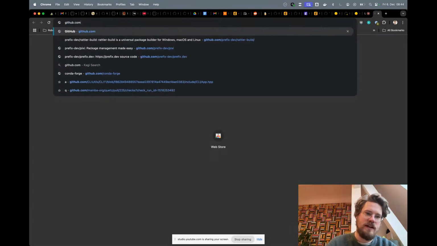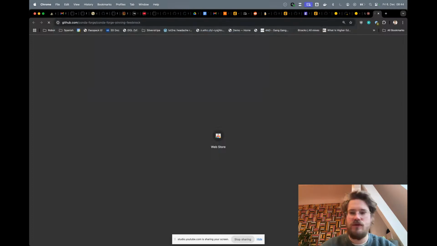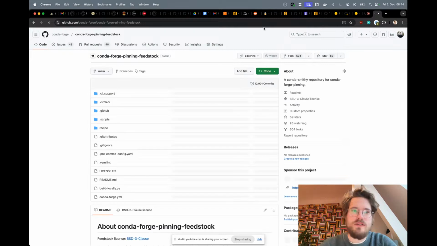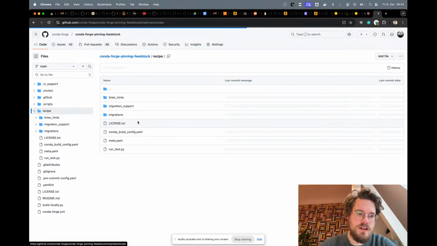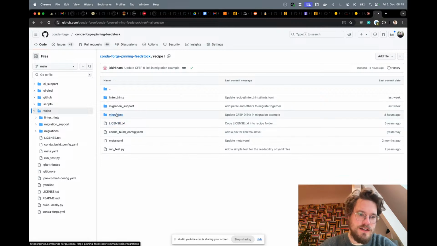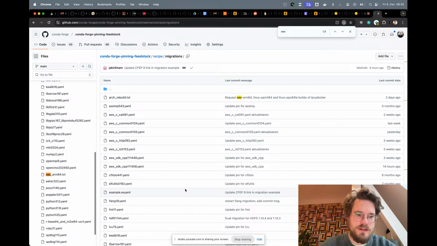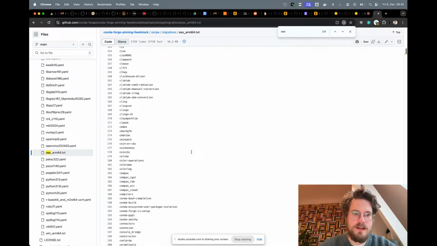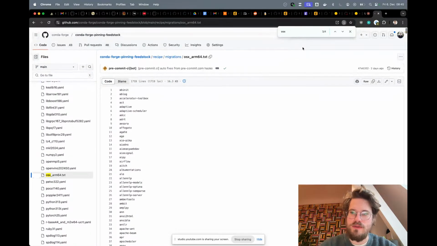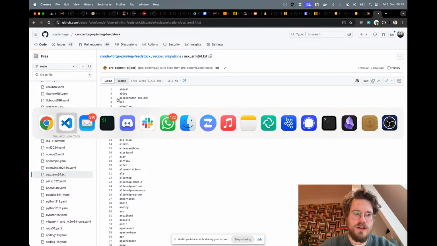So I'm just going to go ahead and request this in the conda-forge pinning feedstock, which is where we trigger these automatic migrations. And there are these files in the migrations folder. One is Arch rebuild, and the other one is the osx-arm64. And those are basically lists of packages that are supposed to be migrated to these other platforms. So I can just go ahead and